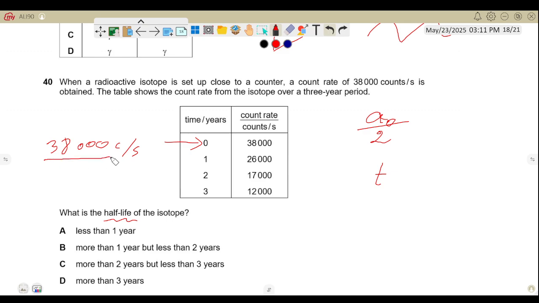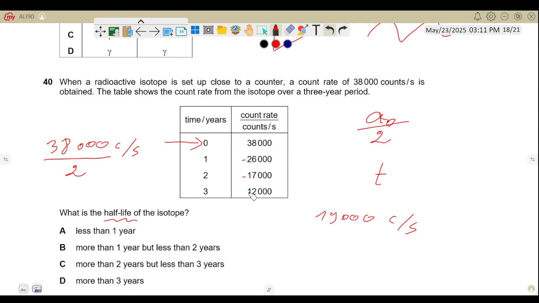So we divide this by 2. 38 divided by 2 is almost 20, let's say 19,000 counts per second, and the 19,000 is actually between 17 and